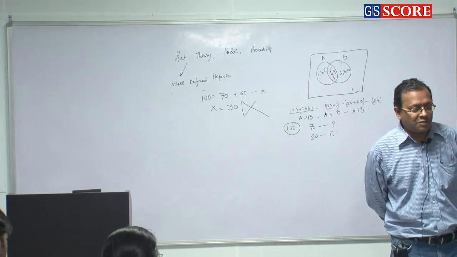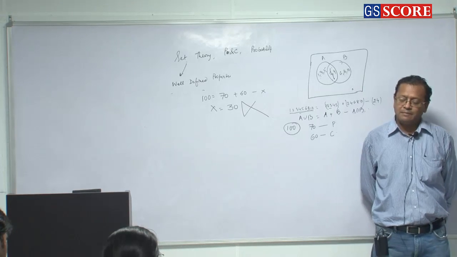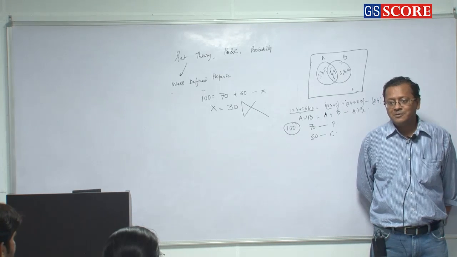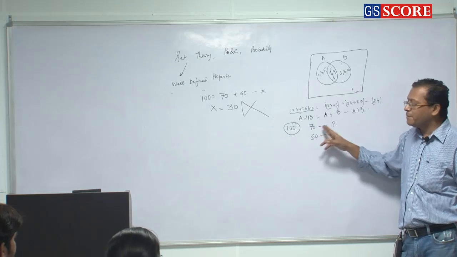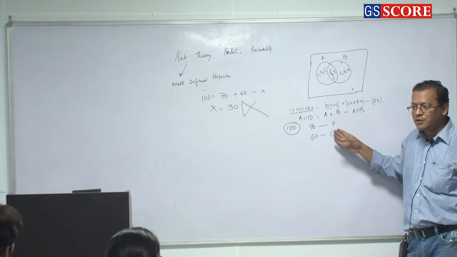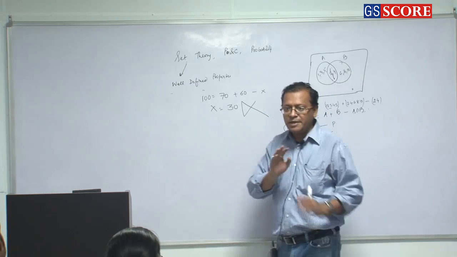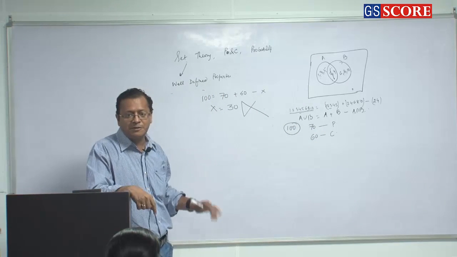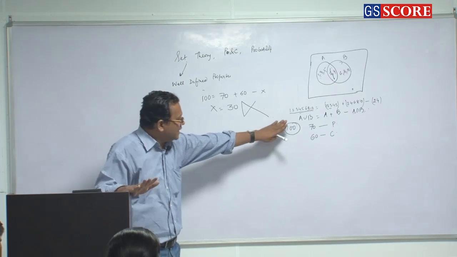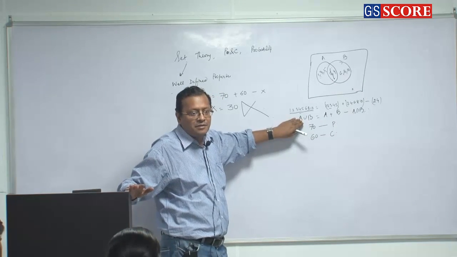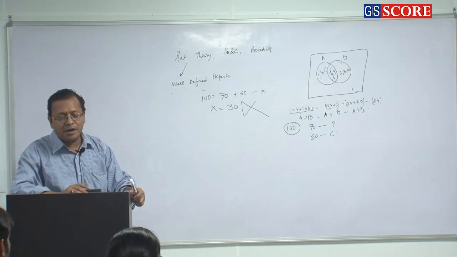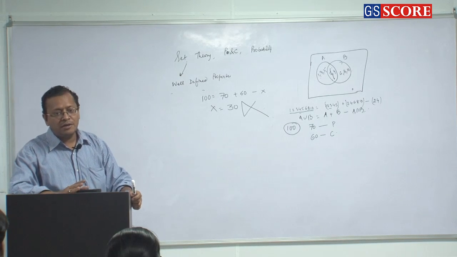So if minimum number of students passing in both the subjects is 30, what is the maximum number of students who pass in both the subjects? 60. Very simple, because 70 pass in physics, that will contain those 60 as well who pass in both the subjects. So maximum value is 60, minimum value is 30, answer is cannot be determined. Concept clear or not? This is the data of either passing in physics or chemistry. That is not equal to the number of students who are appearing in the exam, unless and until the question states that nobody failed.